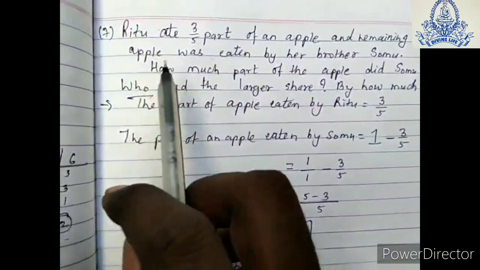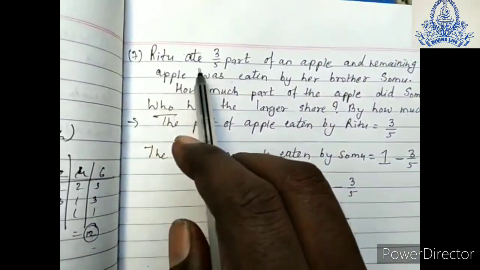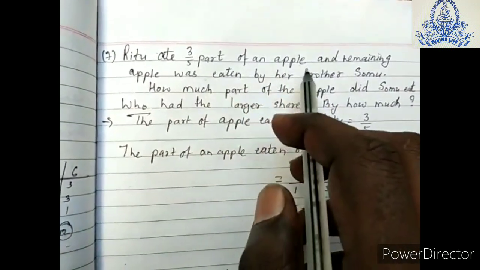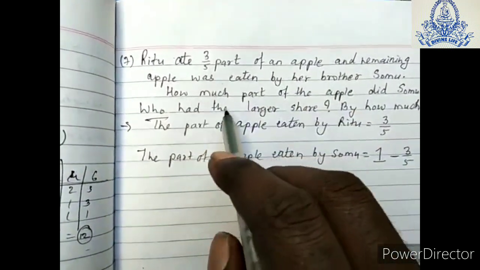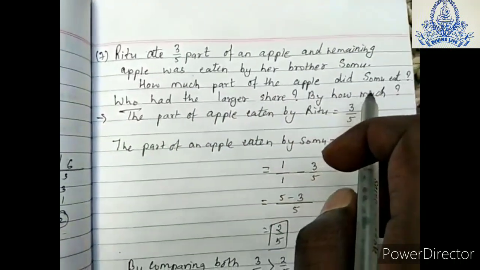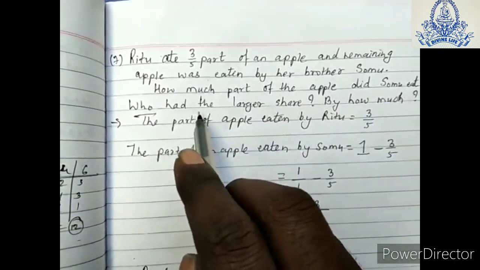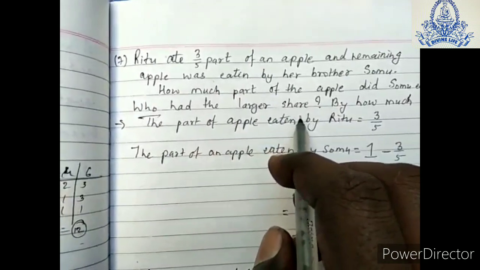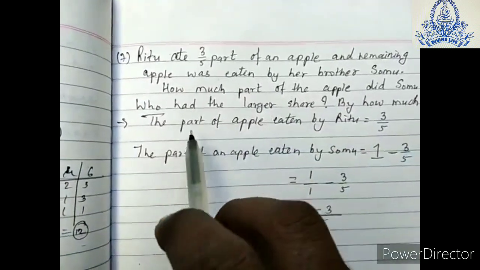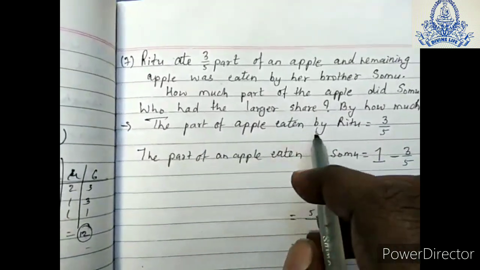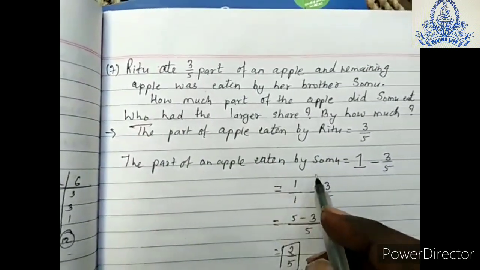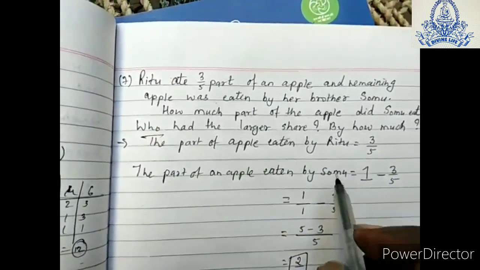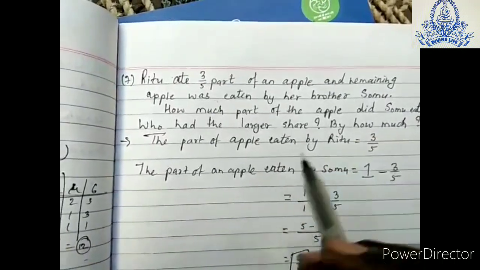The next question is question number 7. Ritu ate 3 upon 5 part of an apple, and the remaining apple was eaten by her brother Somu. How much part of an apple did Somu eat? Who had the larger share, and by how much? Now the part of the apple which was eaten by Ritu is 3 upon 5, and the part of the apple eaten by Somu we don't know. That is, from the one full apple,